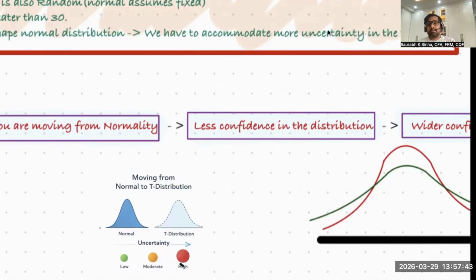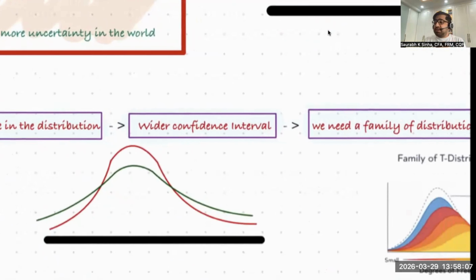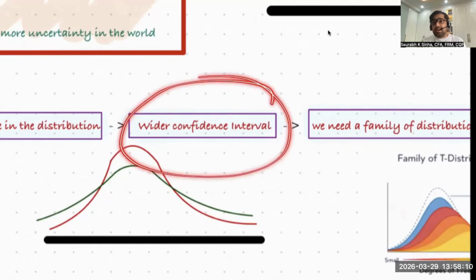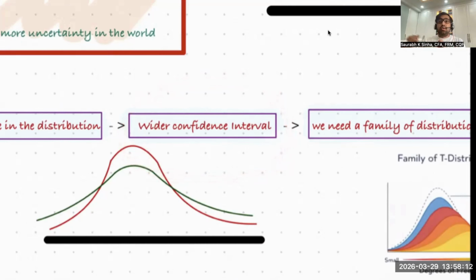And there is no option because there is more uncertainty and randomness in the world. That's why you're falling back to a bad distribution, which respects the uncertainty and the randomness of the world. And that's why you have a distribution where you have less confidence. If you have less confidence, then the prediction quality of that distribution would be much worse than the normal distribution. So the distribution that you will go to will have a wider confidence interval. Now, this is very, very critical. The distribution that you will go to will have a wider confidence interval, wider, not narrower.